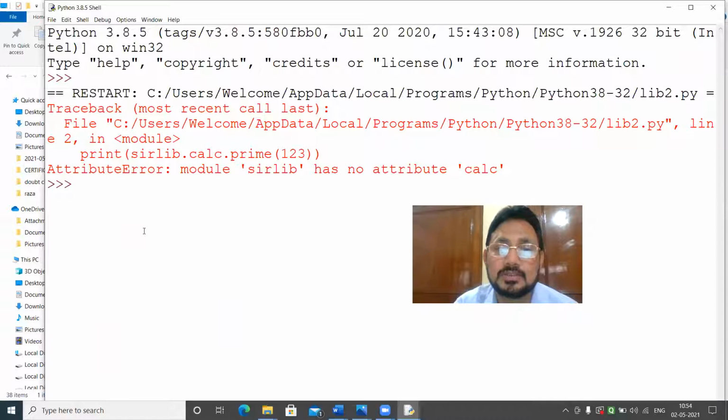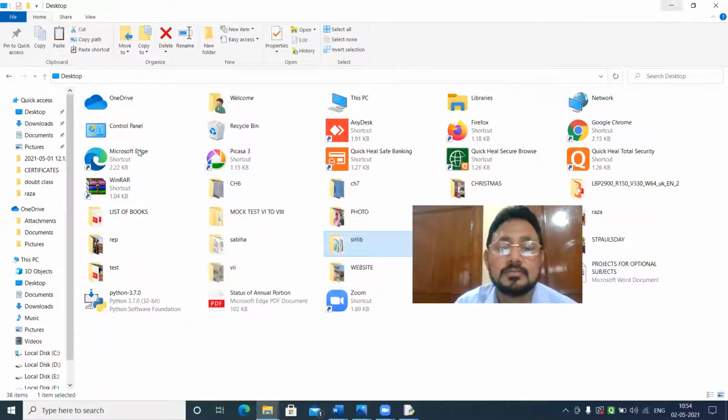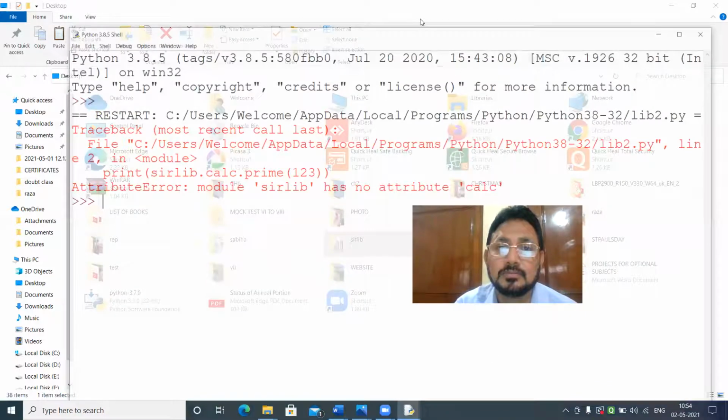Sirlib has no attribute calc. Okay, that program was giving error, so I will correct that program just now.